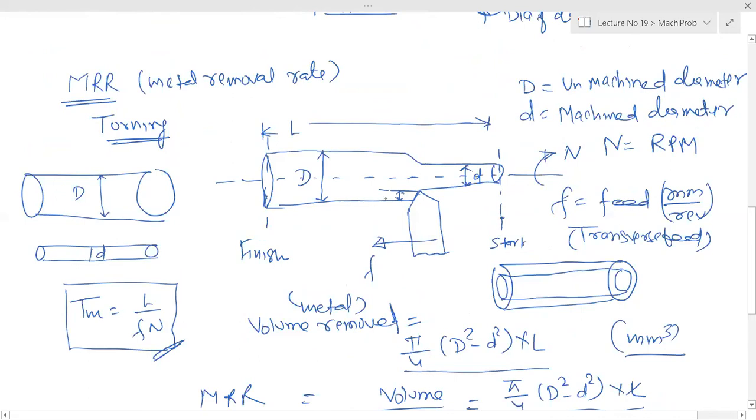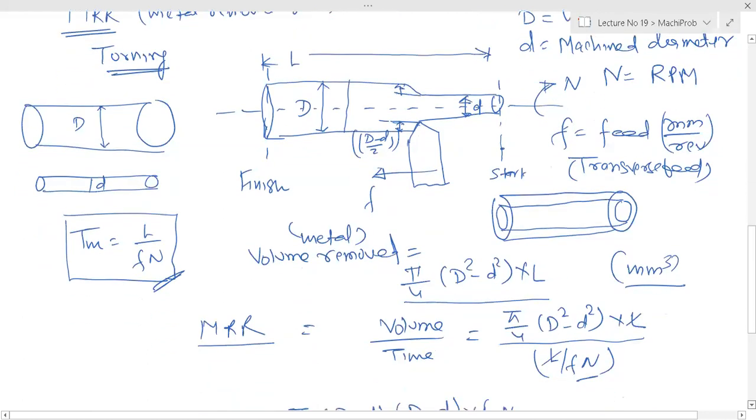This is your (D minus d) by 2. This is your depth of cut, because total is D. This machined surface diameter is d, so this will be your D minus d, and that side also, so you have to divide by 2, so it is your depth of cut. So depth of cut is (D minus d) by 2,